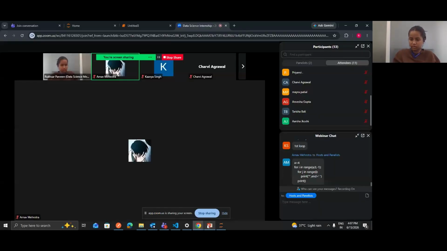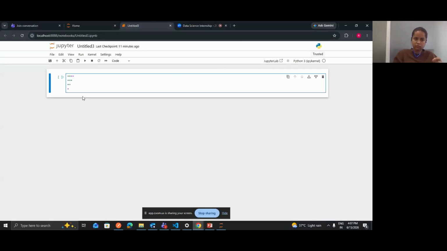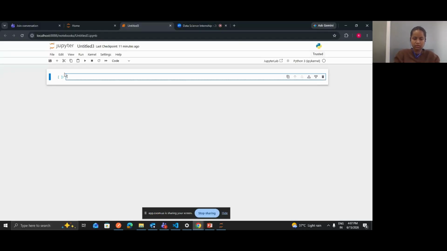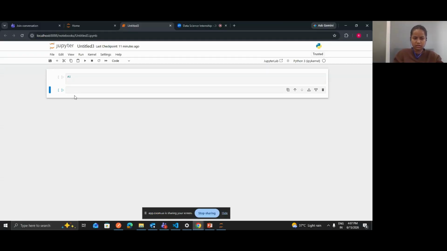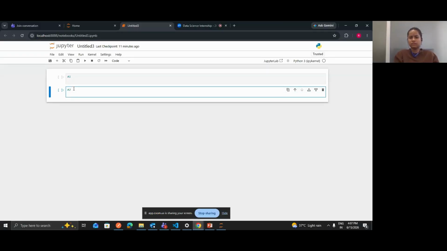What you're expected to do, whether in college or in this Jupyter notebook, is to write the solution of the first question. Then similarly in the next cell, write the solution of the second question.